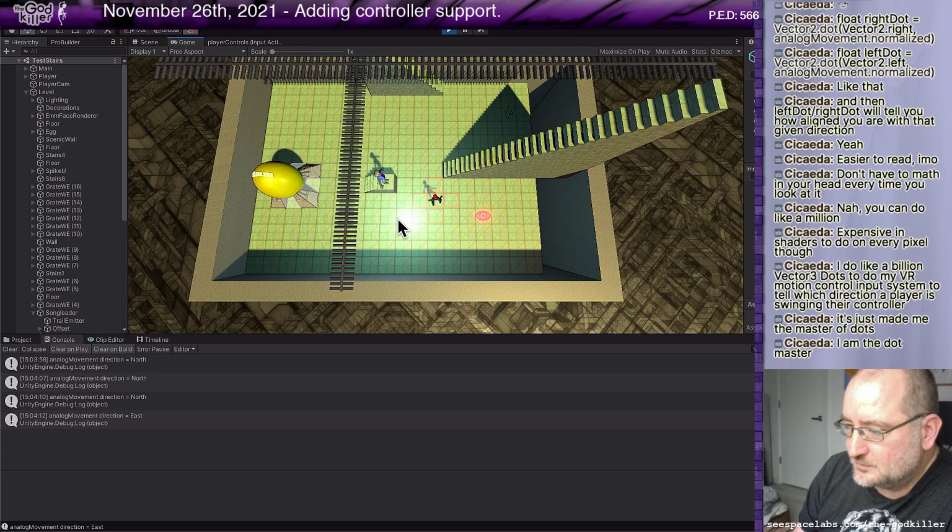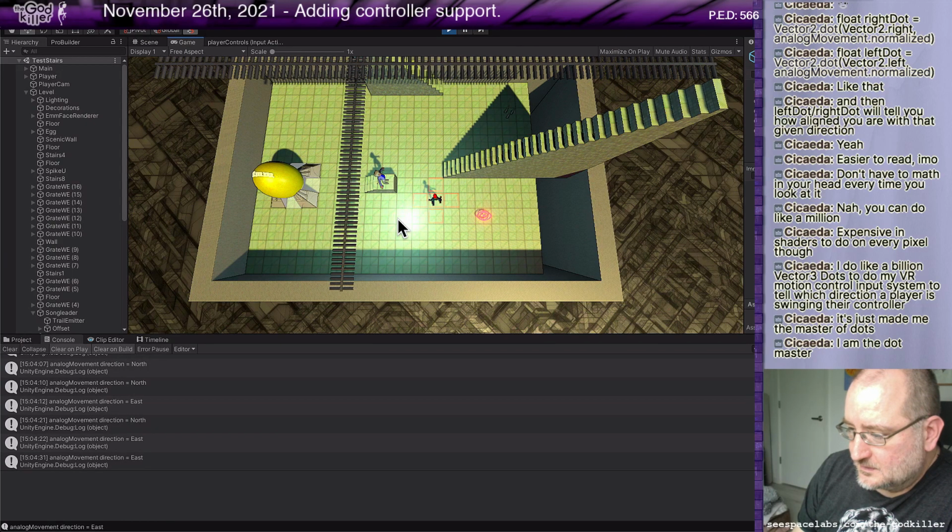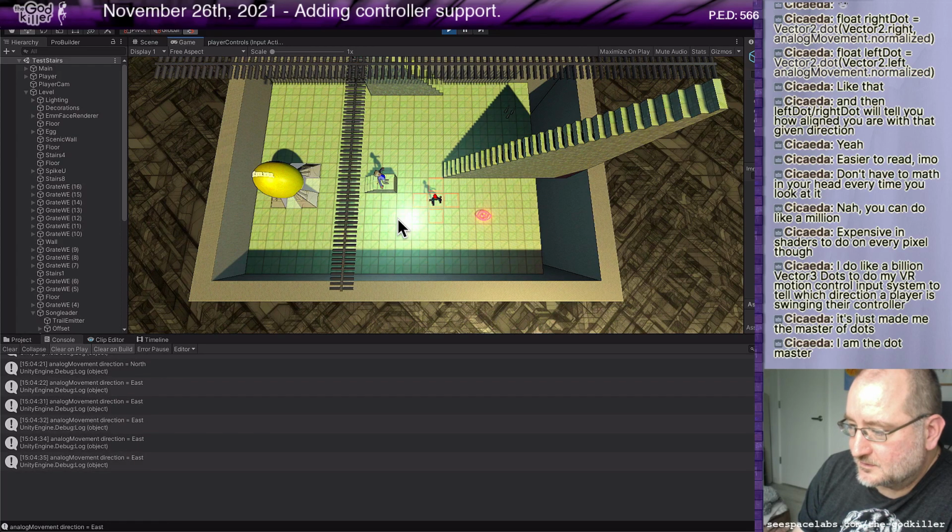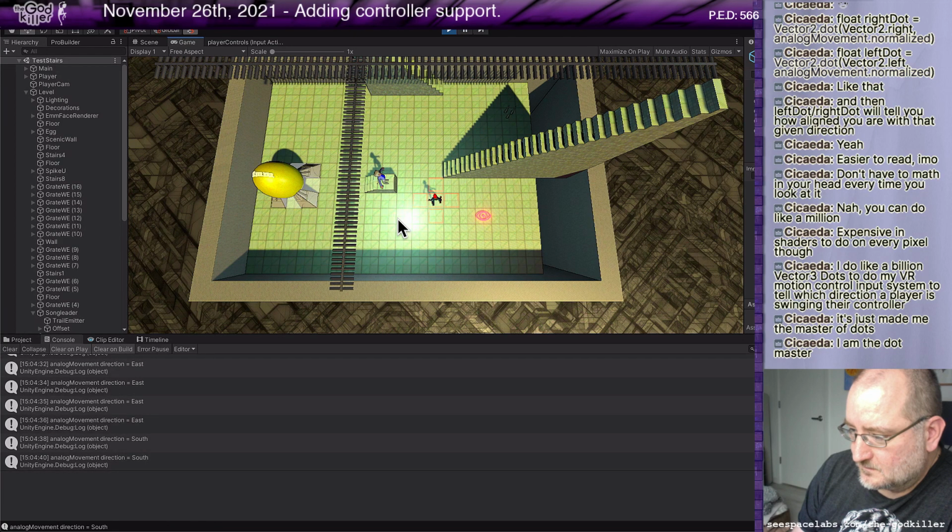It's not dead zoney enough, because it went right from north to east. There was no dead zone. I've definitely got way off in the diagonal spot. So I think I'll have to play with that dead zone value. Yeah, there's no dead zone.